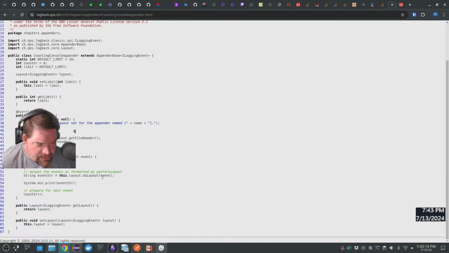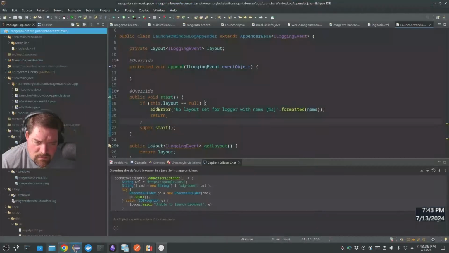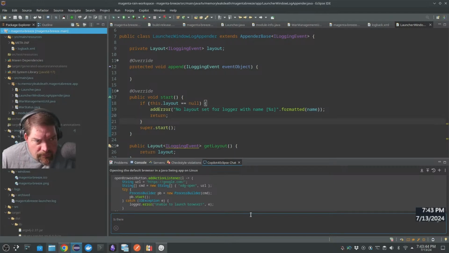I mean, obviously I can do it as an array, or even as a list of strings, but then I have to manage the oldest. I wonder if there... Let's see what Copilot has to say about it. Is there a way in Java to